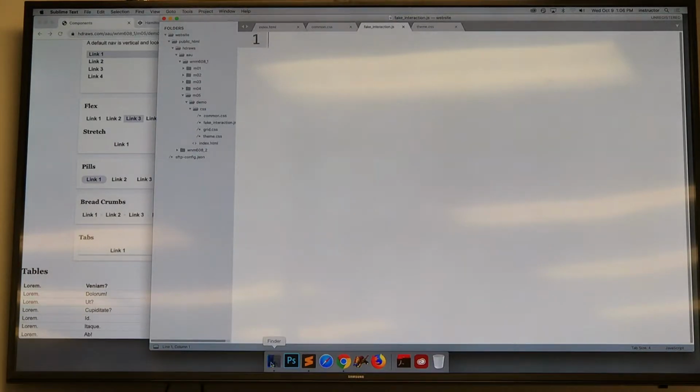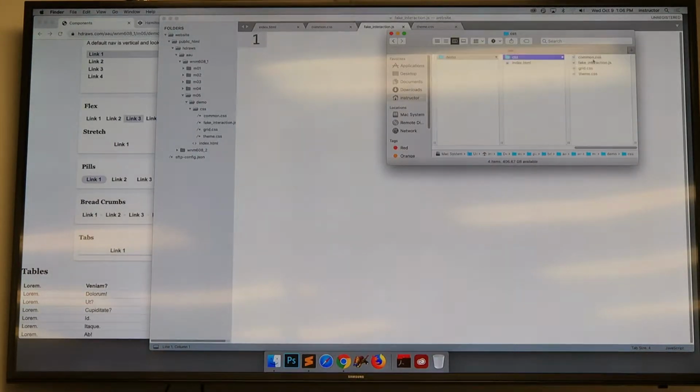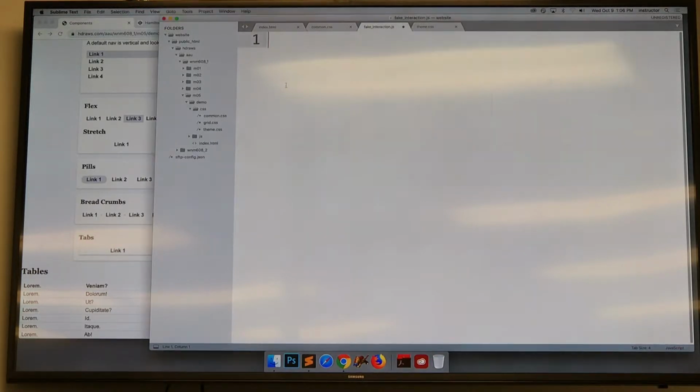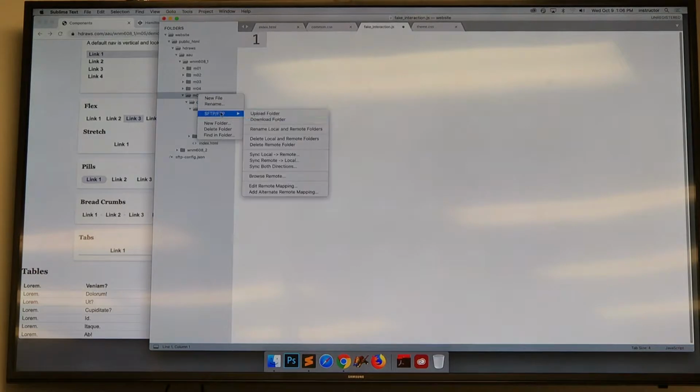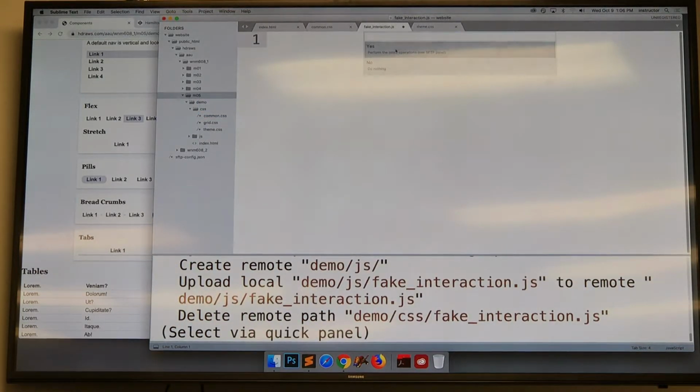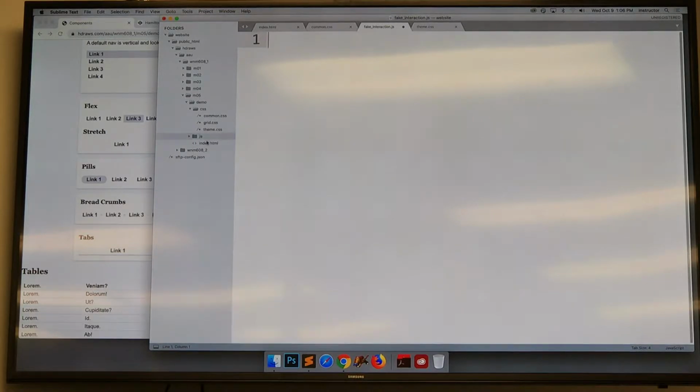Whoops, I saved that into the wrong spot. Hold on just a second. I did the worst thing ever. Okay, I now have a fake interaction